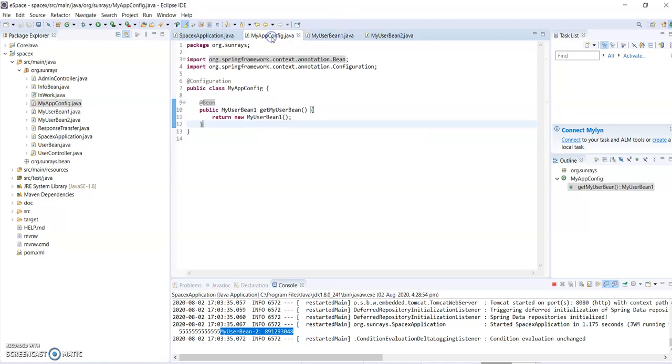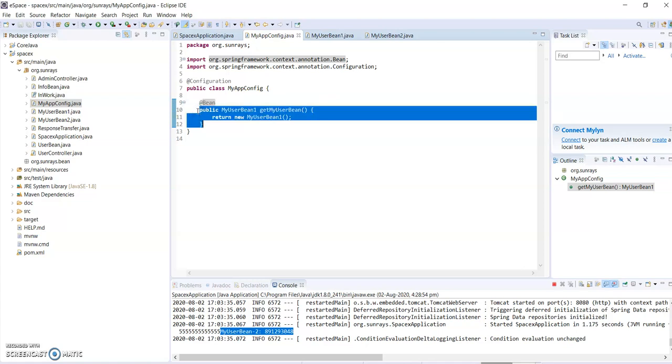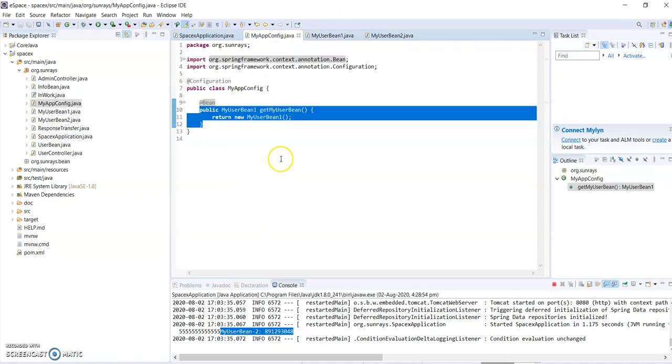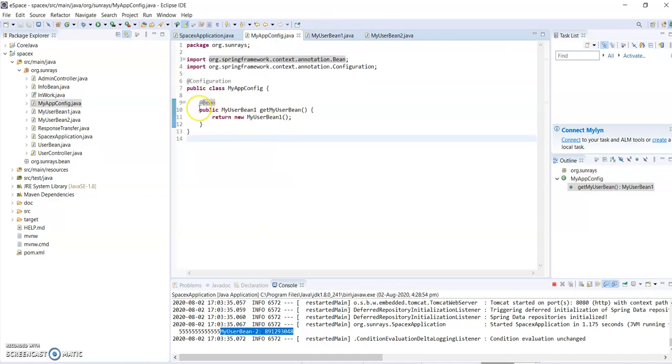UserBean1 is configured in my AppConfig class with the @Bean annotation. Let's see whether the instance is being created through this method and given to the Spring context or not. So now we will try to get this. One thing we need to observe is that we are creating this bean and giving it to the Spring context, so what is the name of the bean?